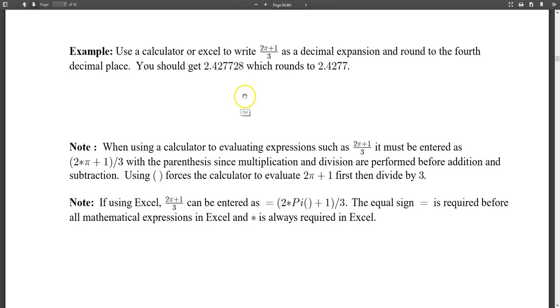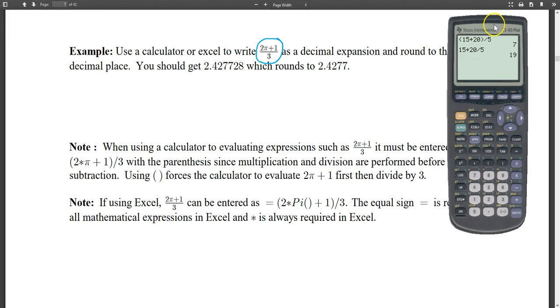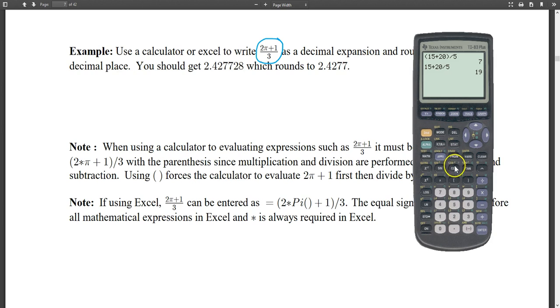Why don't you try this one? Use your calculator to evaluate 2 times pi plus 1 divided by 3. Now you have to find the pi button on your calculator. If you're using the TI-83, that's a very common calculator. That's why I use it as a virtual calculator here. The pi button is right above the hat button there. That's the hat, the exponent button. So you'd have to press second and then the exponent button, and you'll get a pi right there. All right, try that on your own and see if you can get back